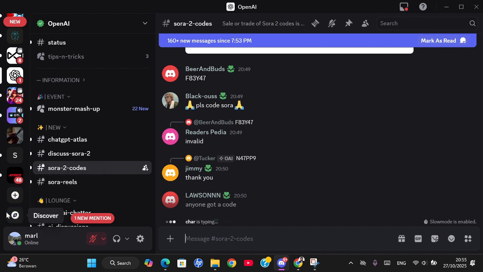or if you use your mobile phone guys, you won't see this discover menu. So to join the OpenAI Discord server, I recommend you to use your browser. You just need to type in OpenAI and then you will be